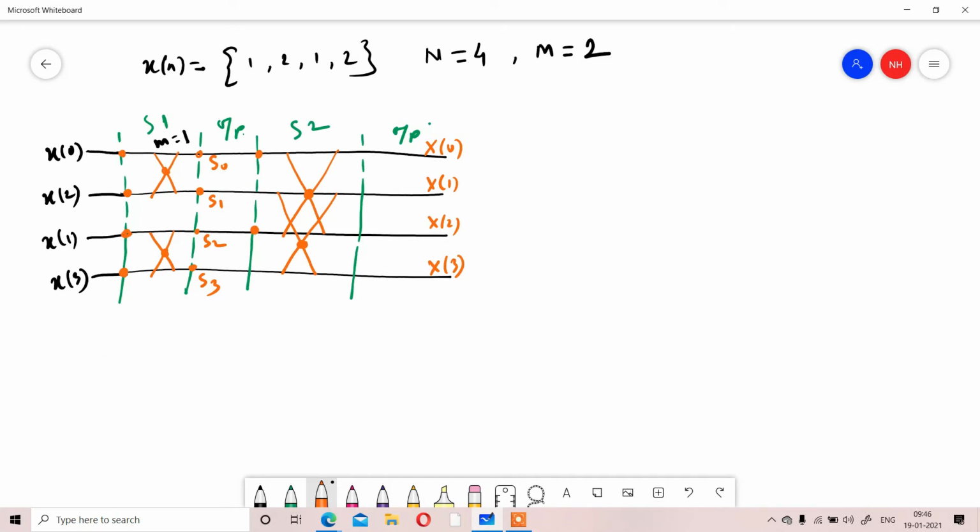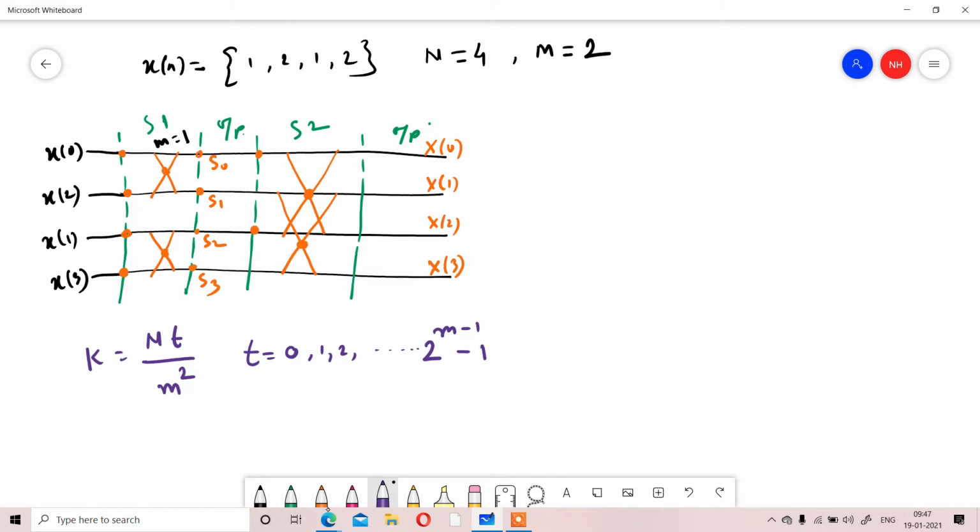Okay, now what we have to represent? You have to represent the W values. To represent the W values, you know that k equal to N t by 2 to the power small m. To calculate the W values for each stage, you know that equation, where t varies as 0, 1, 2 up to 2 to the power small m minus 1 minus 1.